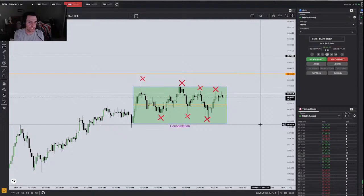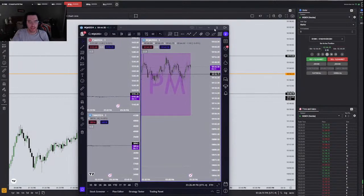The dollar keeps pushing up. The bonds closed in a 15-minute inefficiency, rejected off of that. Now it's kind of pushing up. It's not really going any lower. But look at DXY, still pushing up. And I'm on the 15-minute on DXY. Let's see if we can see anything on the